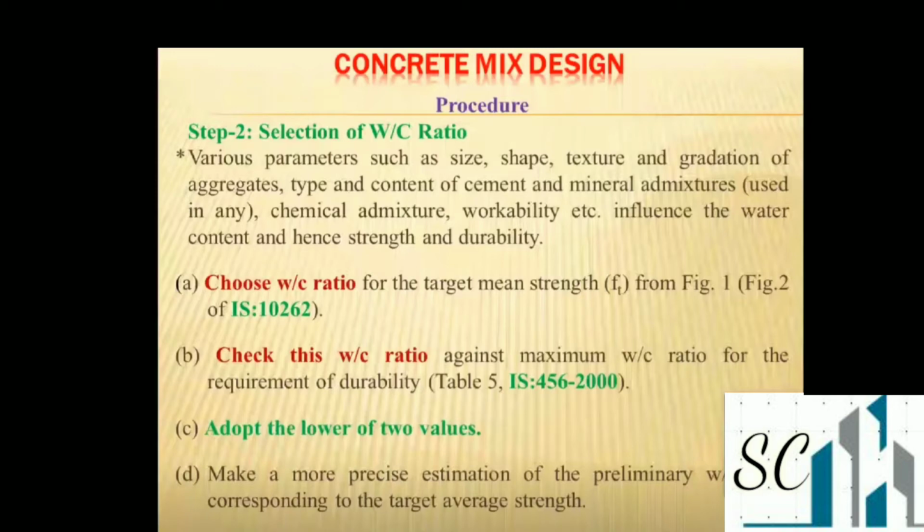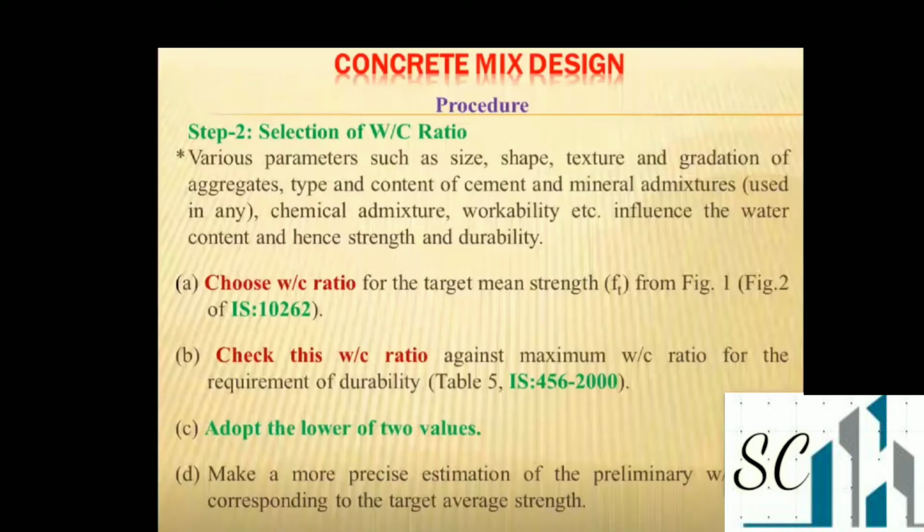In step 2, we are going to find the water cement ratio. Water and cement are two critical components of mix design. If the water is increased, then it will cause problems. If the water is decreased, then also it will cause problems. And in the case of cement, if the cement is increased, then the heat of hydration will be more and it will cause cracks. And if the cement is decreased, then it will make bonding problems. The bonding will not be proper at that time.